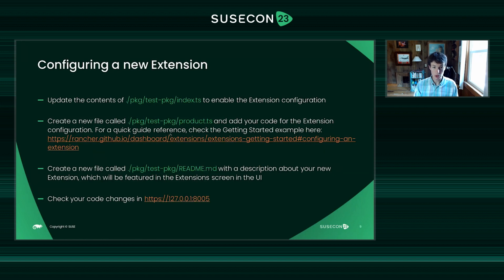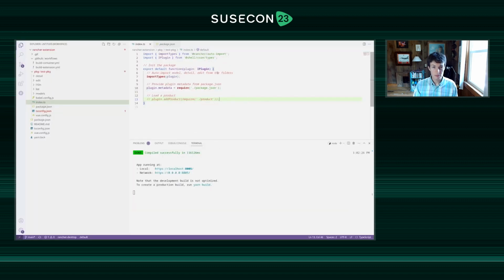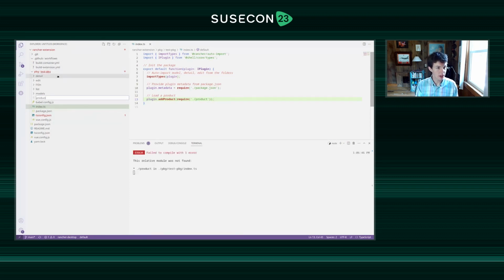We have some quick reference guides in our Rancher dashboard extensions documentation. And then we're just going to create a new file called README. And this is just going to give a description about our extension within the extensions view in the UI. Not totally necessary, but definitely helpful. So if we go back to the code, in the index.ts, we are first going to uncomment this line, and we are going to call this hook add product, and this is going to require a product.ts file. So let's create product.ts,